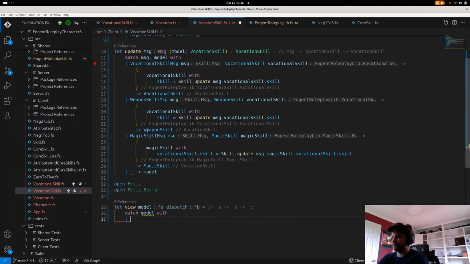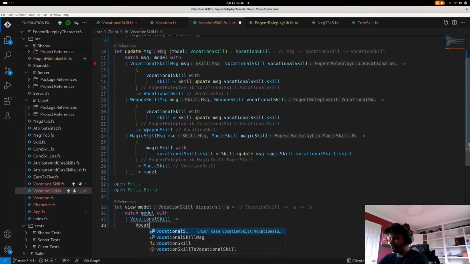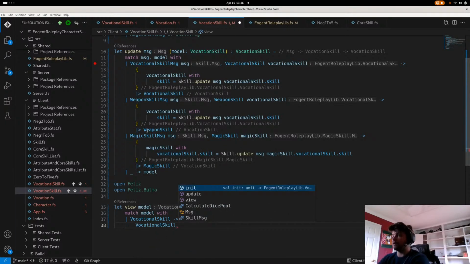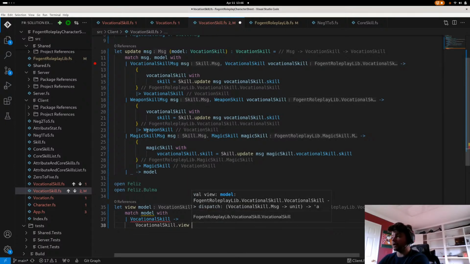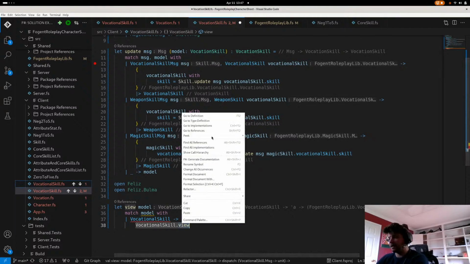So if we are given a vocational skill, then we are going to simply call vocational skill dot view, and this guy's a little bit special. So vocational skill dot view, if I go to it,